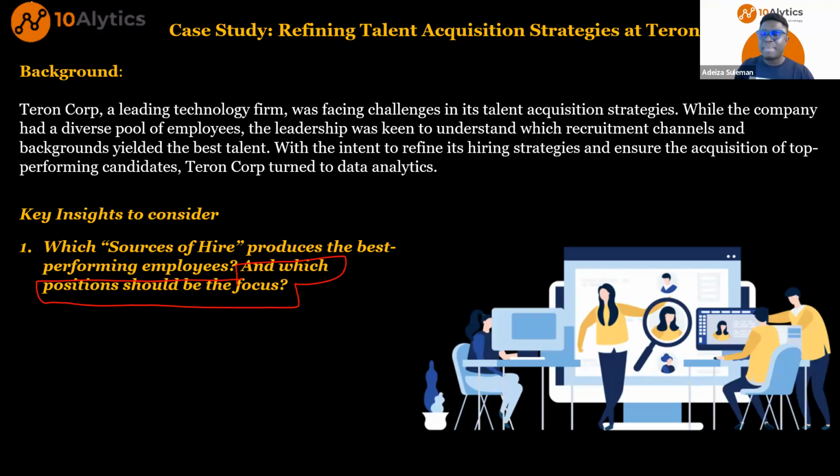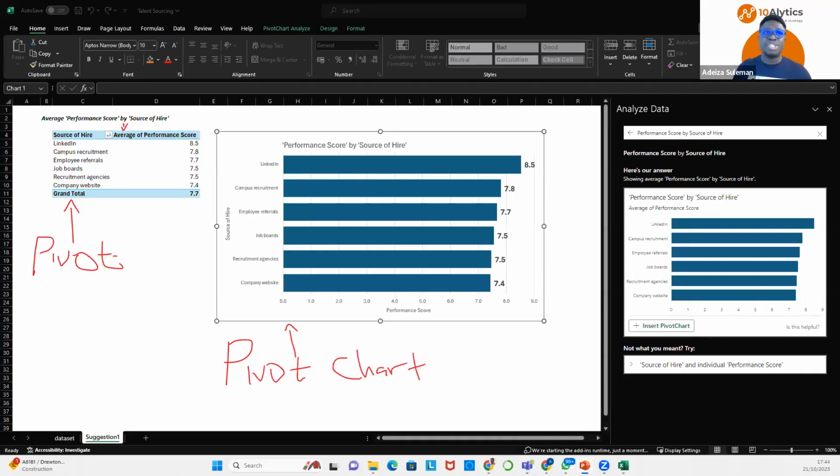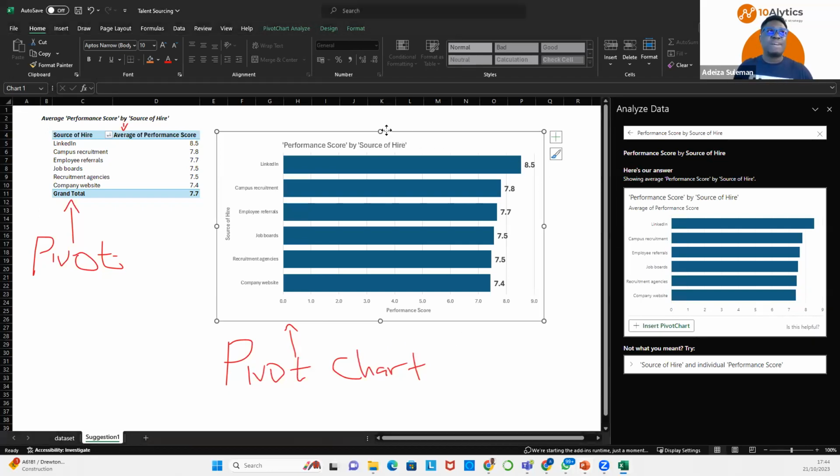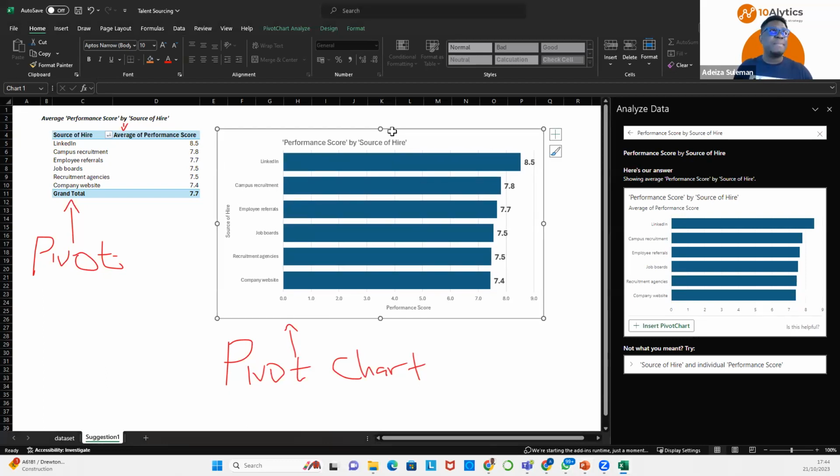But then, which specific position do we get that number from? We want to know, is it all the positions that come from LinkedIn, or do we have specific positions that we should narrow our focus to? All right. Because I don't want to create it from scratch again, I'll do the next set of questions on this same chart so that we save time, because I want us to wrap up the practical bits within a few reasonable minutes.